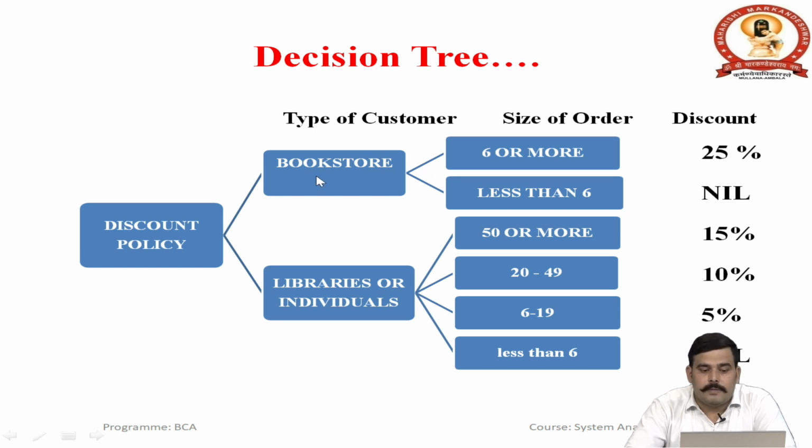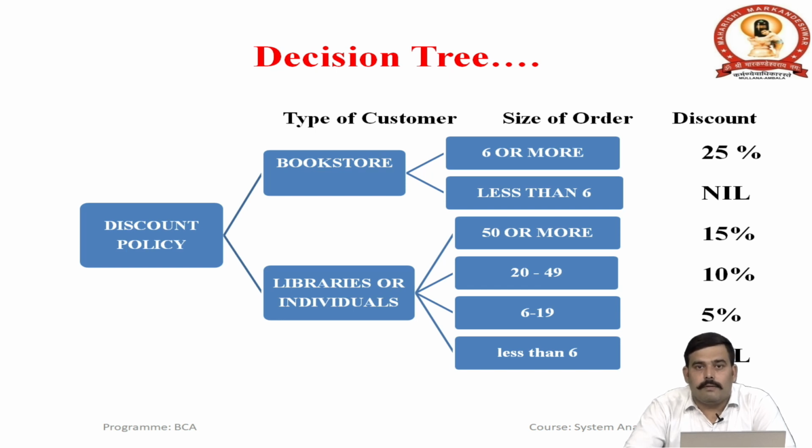And if the type of customer is bookstore, and any bookstore is ordering less than 6, it could be 1, 2, 3, 4 or 5, we have to give a discount of nil. We are not going to give any discount if the bookstore is ordering less than 6 books. Now, there is another condition for the discount policy, like if the customer type is libraries or individuals,